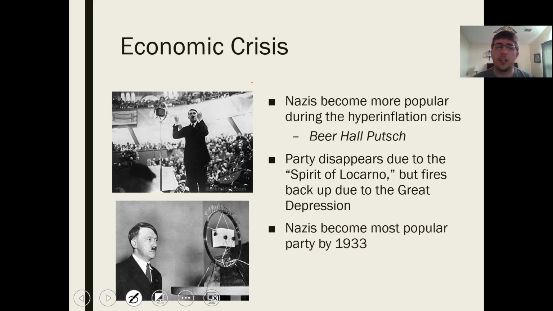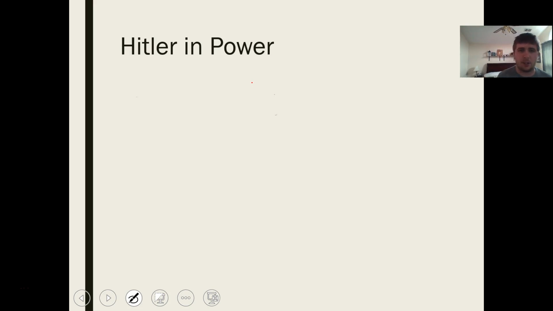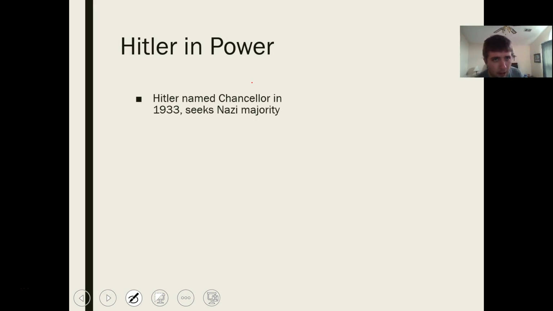And by 1933, the Nazis have become the most powerful party in the Reichstag. They are the ones that are holding the cards. And Hitler has immense popularity as leader of the Nazi Party, but yet he still does not have the power, right? He's just kind of the leader of the party at this point. So what happens? Where are we going now? Hitler in power. How does he get from that spot to